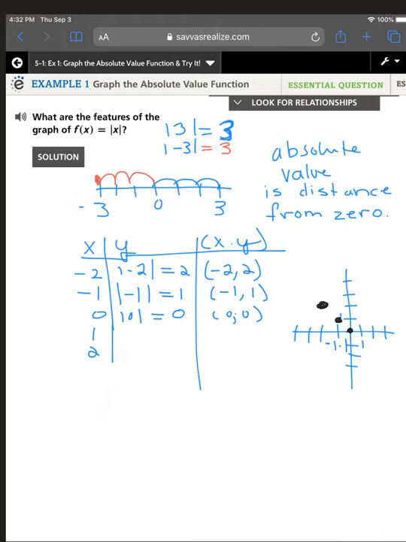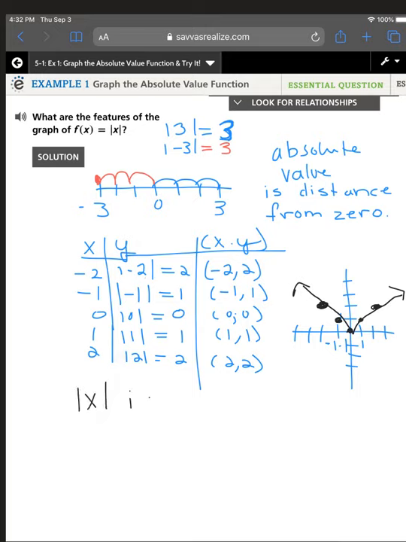And now let's go to 1. And this is the value of 1. So this is the point 1, 1. And last but not least, we have the absolute value of 2, which is 2 away from 0. So we have 2, 2. And this will be. So one thing that you do want to write down is that the absolute value of x